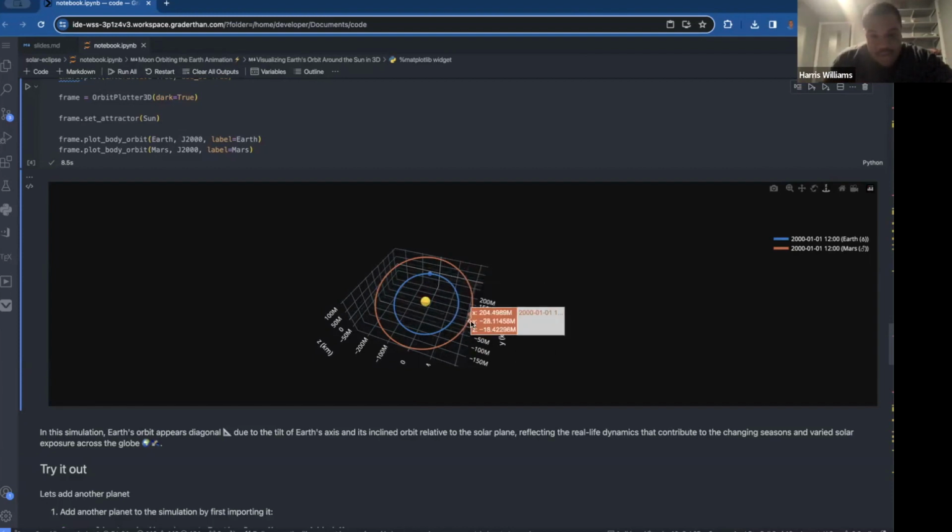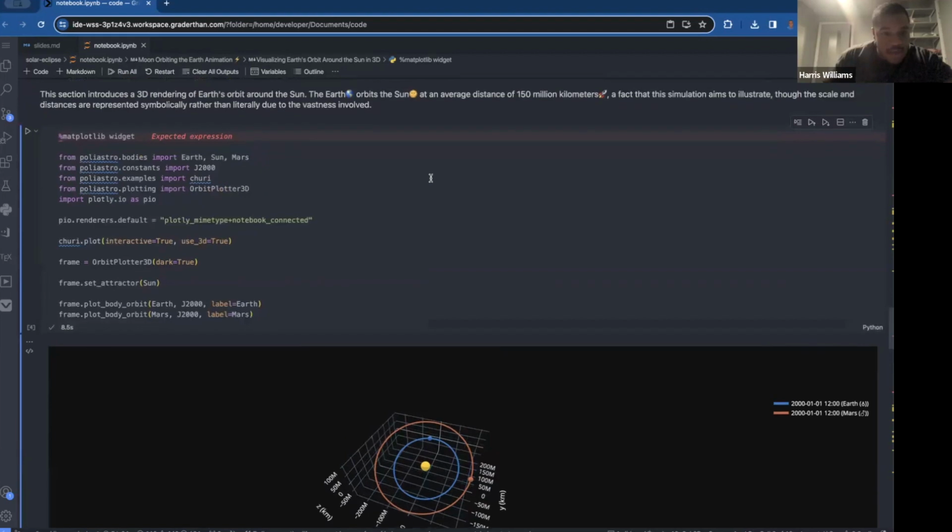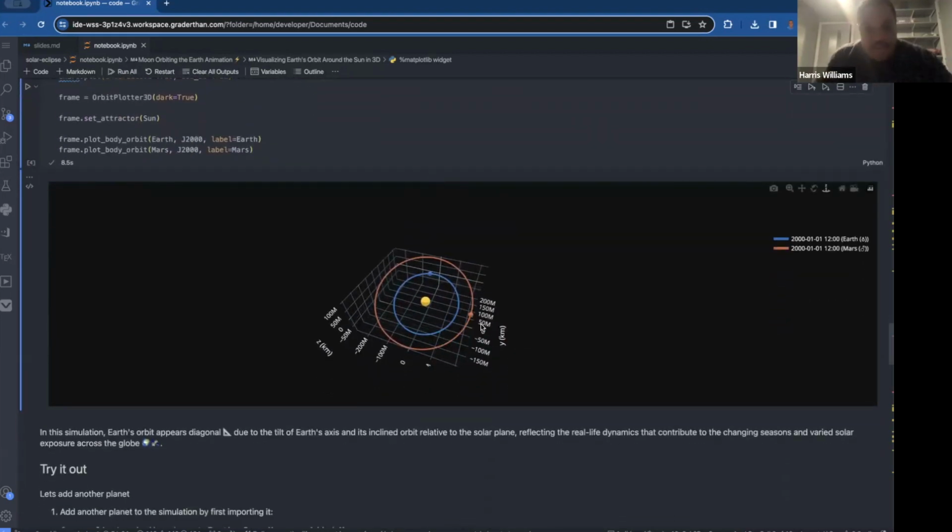And what you'll notice here is that on this particular date, I think we set the date, at the start of this date, we'll see that Mars will be over here, Earth will be over here when this does occur. And we can see right here, this date is starting January 1st, 2001. We could change that later, but we'll see that obviously planets don't always line up as well. So maybe another example, or another time, if the planets ever do align, we could also create another notebook explaining